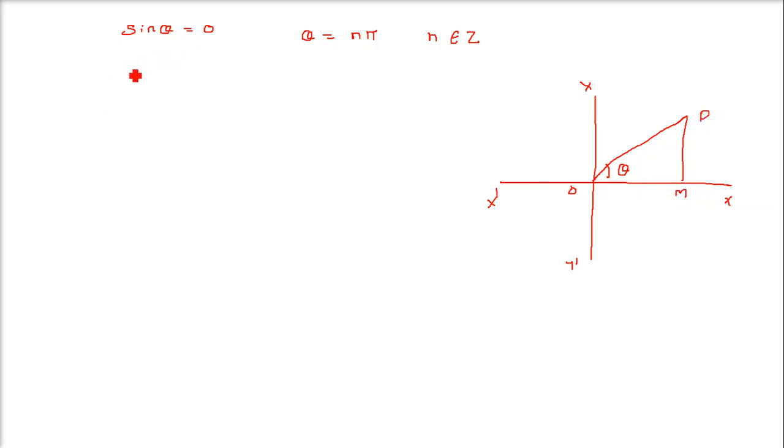Now sin theta equal to 0. We know that sin theta is perpendicular upon hypotenuse. In this triangle, what is the perpendicular? PM. So PM by hypotenuse. What is the hypotenuse? Which is OP. This is equal to 0, and this will be 0 only when PM equals 0. So when PM is 0, what does it mean? OP will come down like this and finally it will coincide here. So O, P and M will be on the same line, P and M the same point. So this angle is what? 0. There is no angle. OP and OM are coinciding. So the angle is 0, and we can conveniently write theta equal to 0.